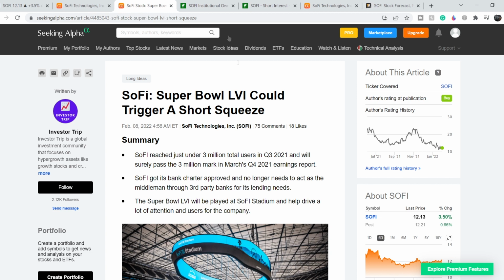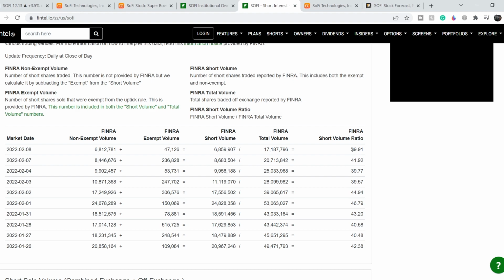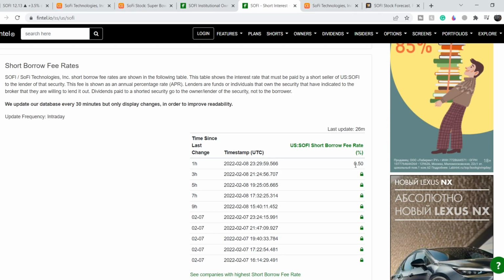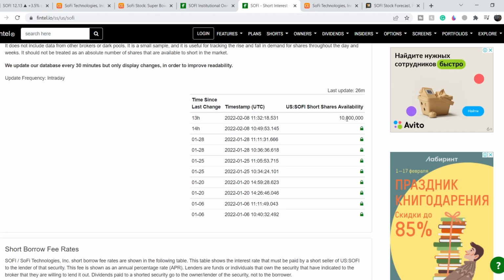these two positions. And let me show you the short interest according to Fintel, and Fintel uses the FINRA volume, and for now it has about 39.91% of short volume ratio. And let me show you that it has a short borrow fee rate of 0.5%, extremely low, and about 10 million shares available for shorting. This means I don't think we can rely on short squeeze in near future,